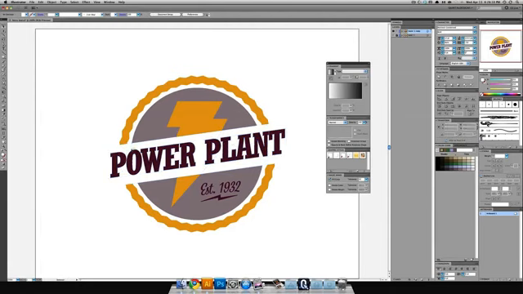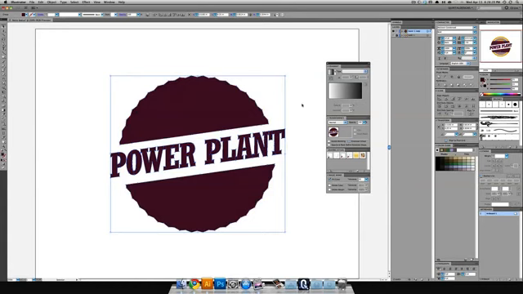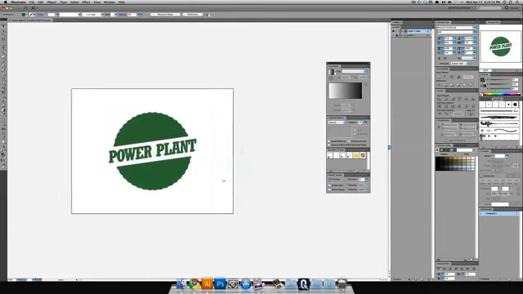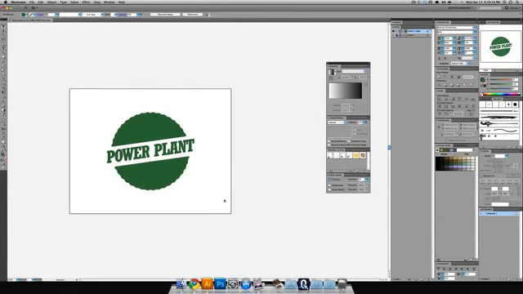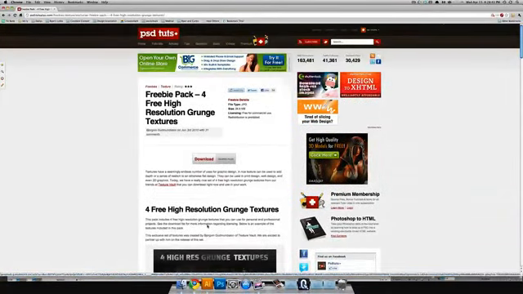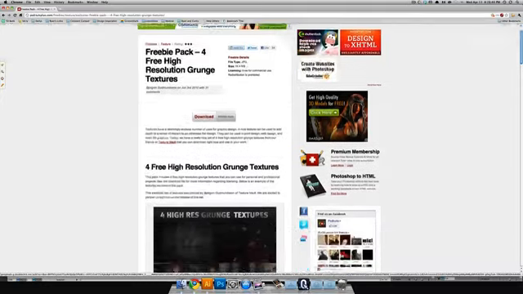So now we actually have this shape as is, but we're going to do one additional thing, which is in the Pathfinder, select Unite, and make it one solid object. In fact, let's color it something totally different from the logo so we know what's going on. I'm going to zoom out for a second because I'm about to bring in something pretty cool. Head over to PSDTuts.com and grab this awesome, free, high-resolution texture pack that's a sort of grunge texture